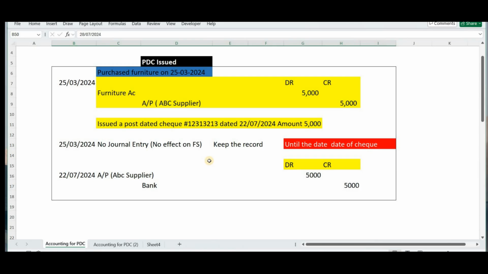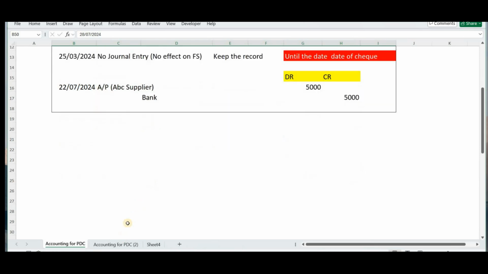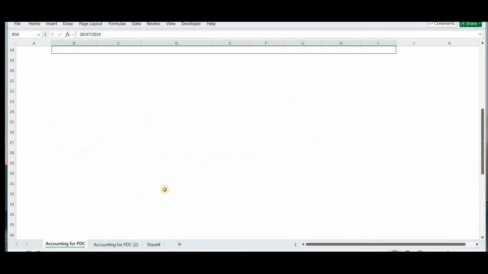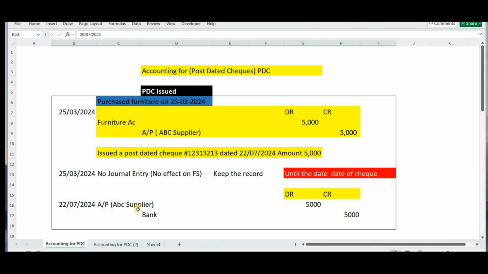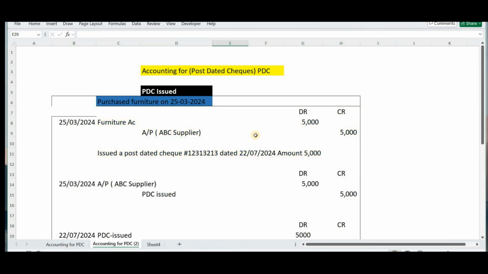If you are using post-dated checks frequently, or the nature of your business is such that you use post-dated checks frequently, then you have to create one intermediary account as PDC receivable or PDC payable. Let's see how it works.